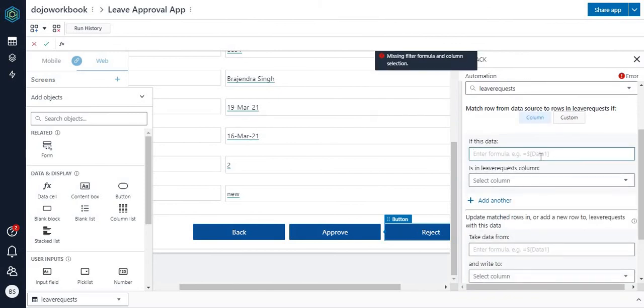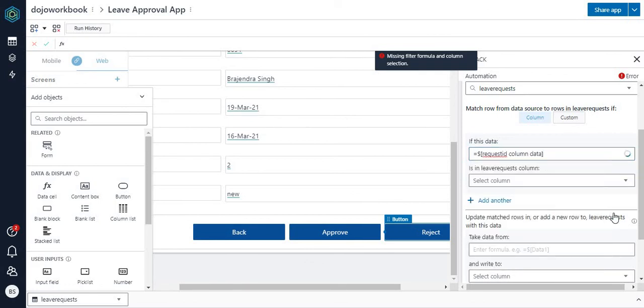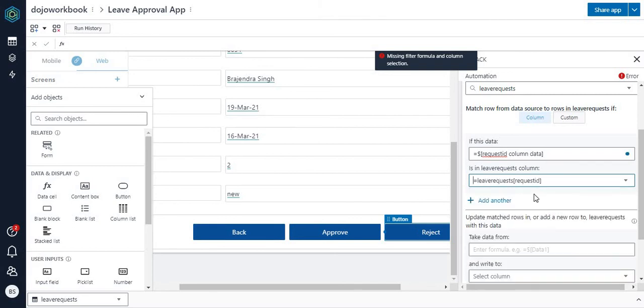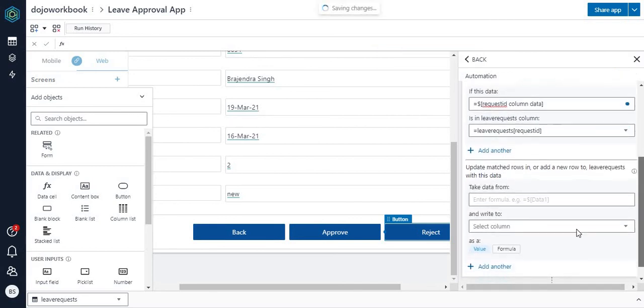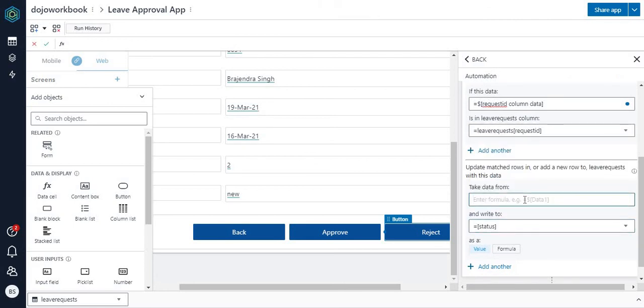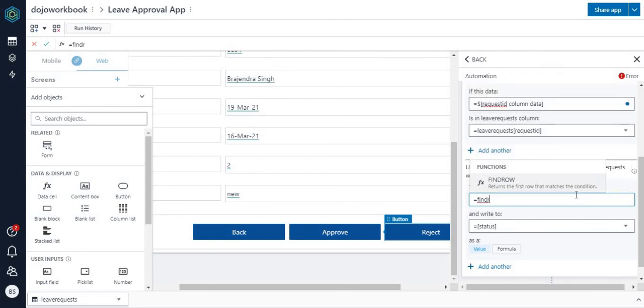Look into this request, look into this data in the request column, and then match it to the request ID. And if that is the case, then in the status column you simply say find row,